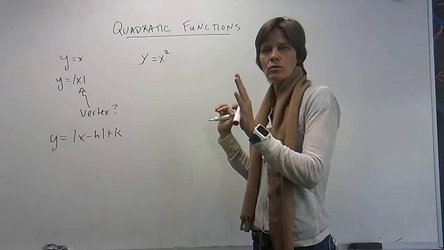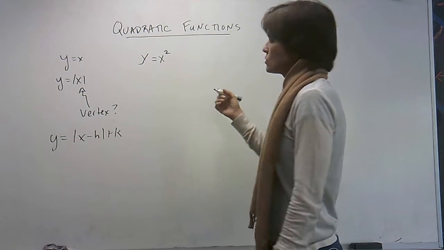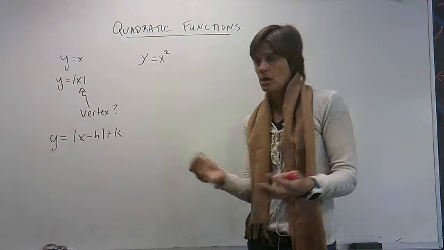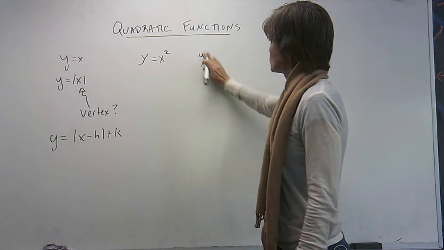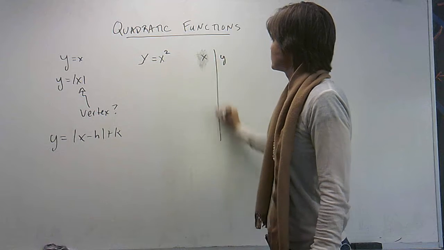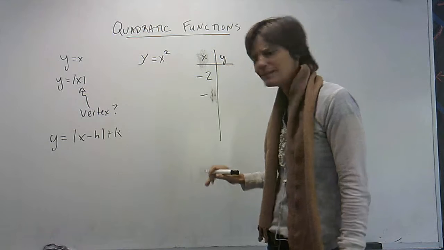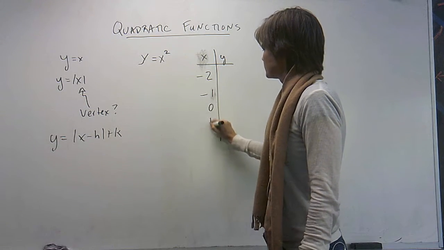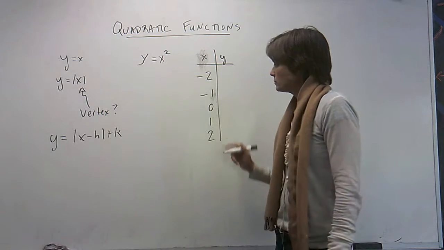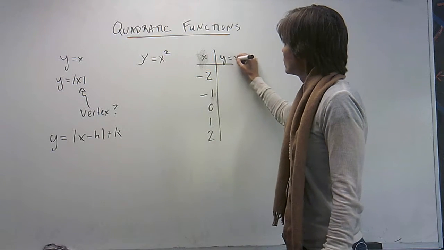So we are going to plot this, and then we're going to talk about vertex, okay? So let's just plot y equals x squared. Let's go back old school to a table. That's how we started everything, right? So x and y. So, negative 2, please. My brain gets ahead of my fingers sometimes. So these are just kind of our standard, like we're going to plot a line, right? Well,